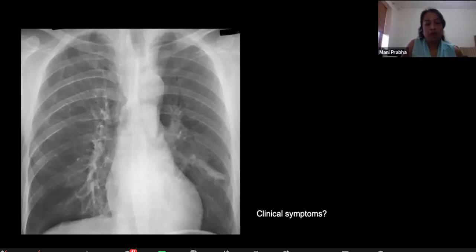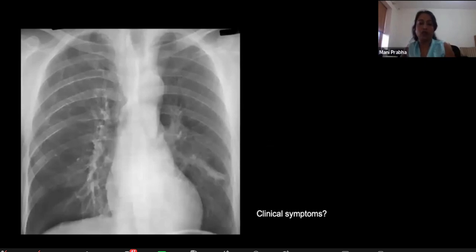So let me sum up the findings for others. The situs is solitus, the apex is on the left side. Then we can see the aorta on the left side, and it appears to be the shape of a reverse 3 sign or 3 sign. And then there is notching of the ribs, and there is no particular chamber enlargement. The pulmonary vascularity is within normal limits. So usually these children present with hypertension, or it can be a systolic murmur also, but they present with headaches